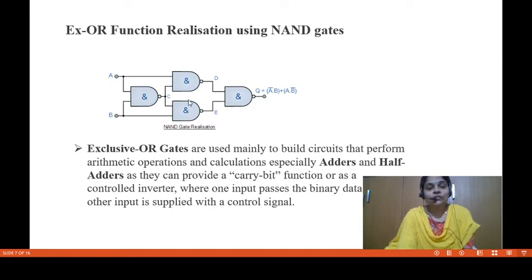By using the universal gates, we have seen how to implement the basic gates, right? So here we will see how the XOR function can be implemented by using the NAND gates. To implement that, we require 4 NAND gates. The same inputs are passed to the second NAND gate, and the B input is passed as an input to the third NAND gate.